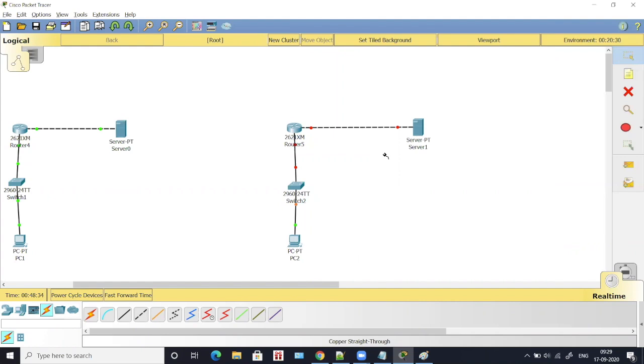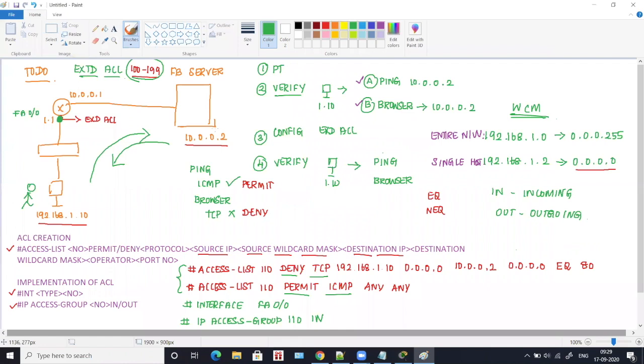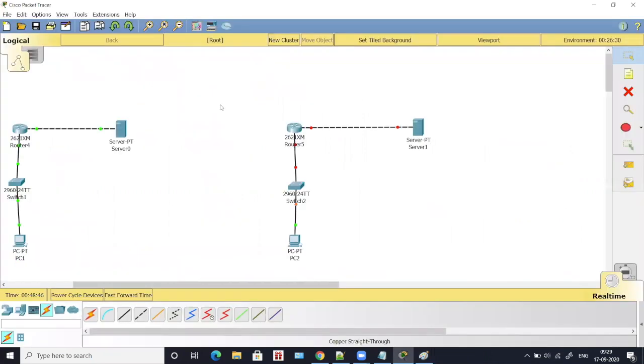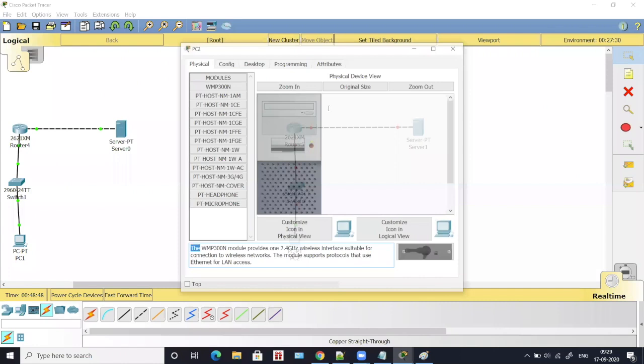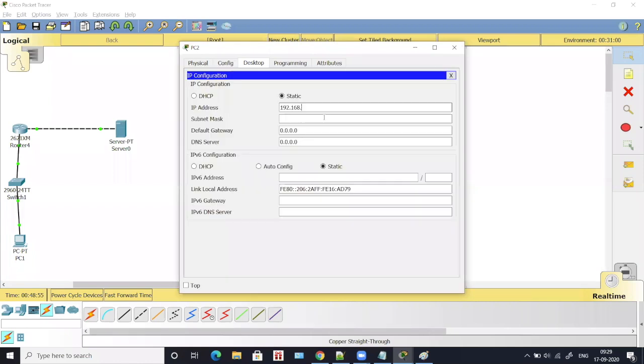So now once this is done, what you have to do is you have to assign IP. Yes, you have to assign IP for computer, for this interface, and for the server. So let's do that. So now in this computer, go to desktop and assign IP. So we'll assign 192.168.1. Let's have it as 10. Okay. And we'll have subnet mask and we'll assign 192.168.1.1 as default gateway. 192.168.1.1. Okay. And now we have to assign IP for the router interfaces.